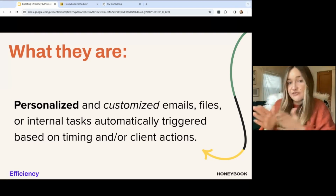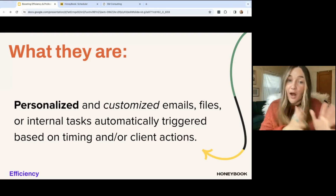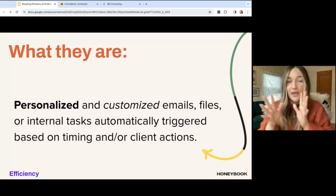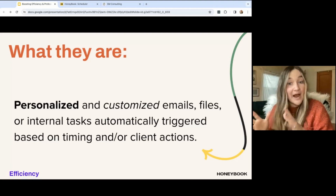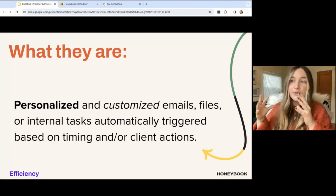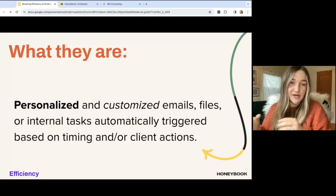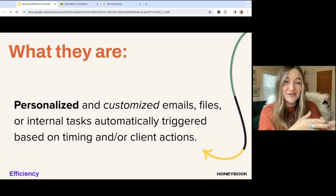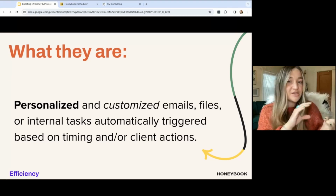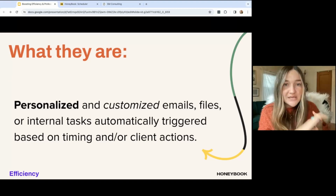So how can we shift our focus to make sure that we're not in reaction mode with those early stage folks, and we're really able to focus that reaction time on those paying clients where we really want to make a good impression? And you can still afford to make a good impression with those newer inquiries using something like an automation that is still going to reflect your visual brand, your emotional brand, and really start to put your